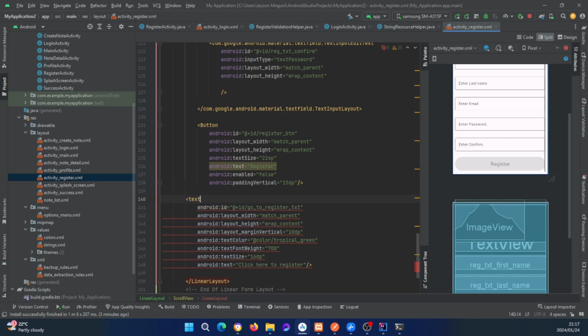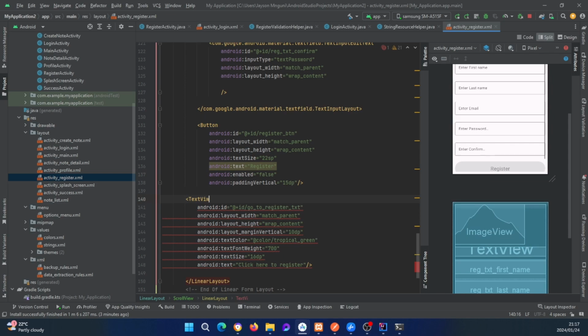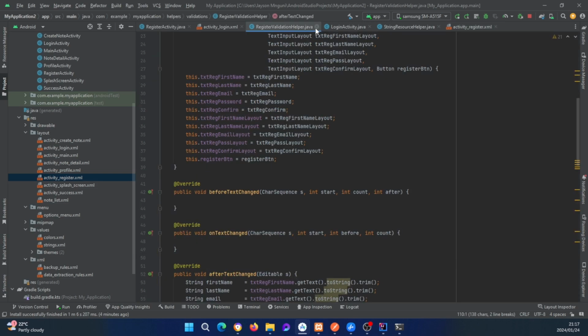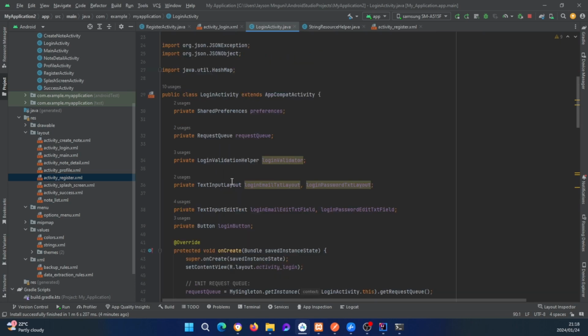Let's just edit text. Go to login text. Okay. Same thing, the color of this will just stay the same. Alright, so let me close this. So let's see, did we add it here? I don't think we did. So text view,